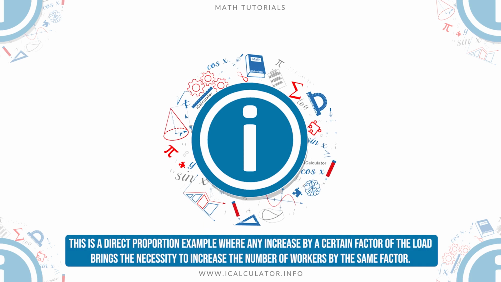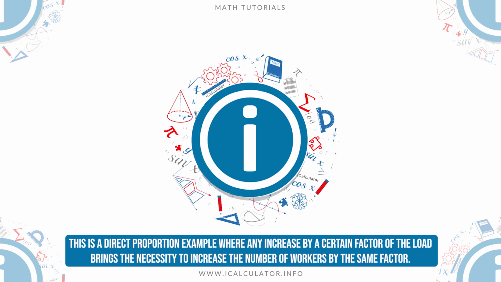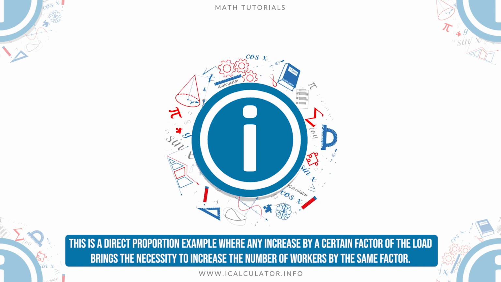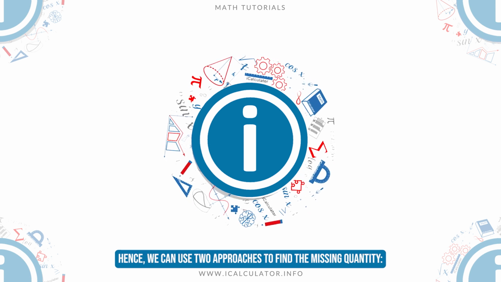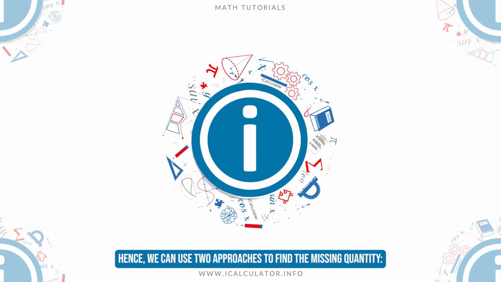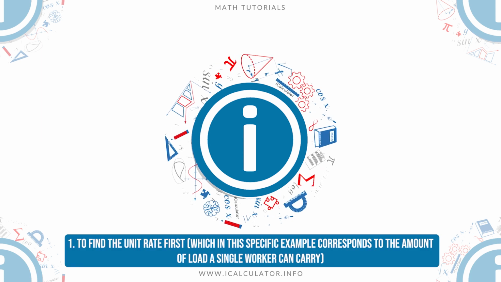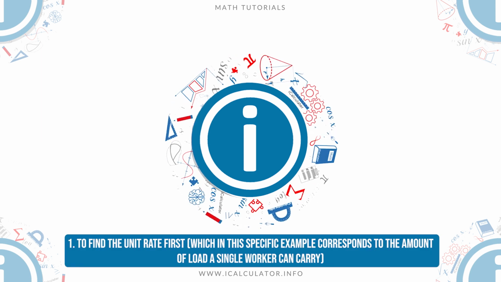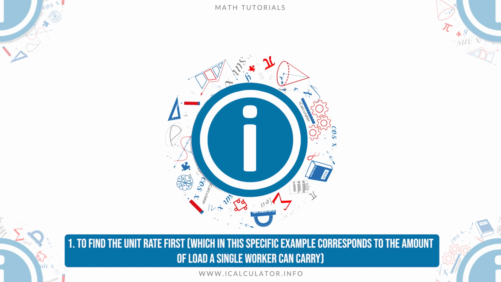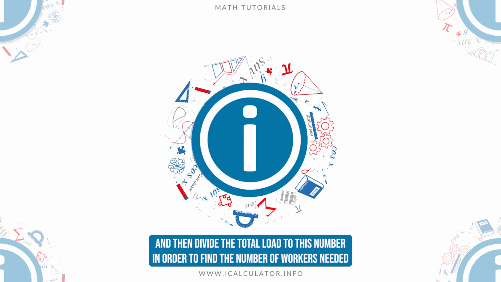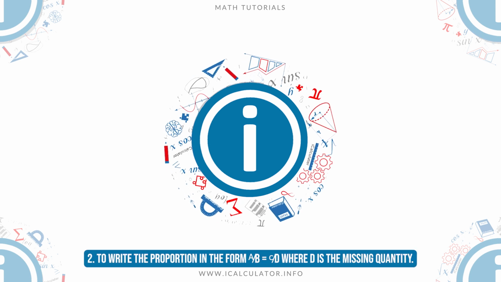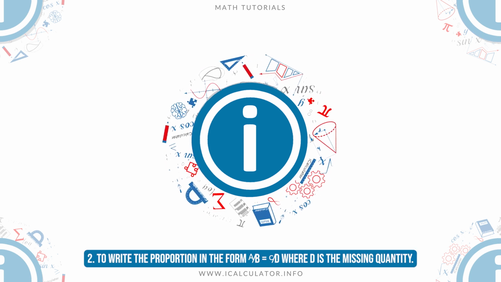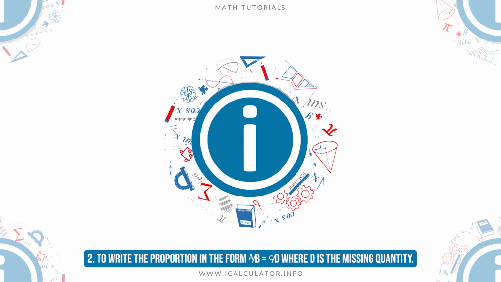This is a direct proportion example where any increase by a certain factor of the load brings the necessity to increase the number of workers by the same factor. Hence, we can use two approaches to find the missing quantity. 1. To find the unit rate first, which in this specific example corresponds to the amount of load a single worker can carry, and then divide the total load to this number in order to find the number of workers needed. 2. To write the proportion in the form A over B equals C over D, where D is the